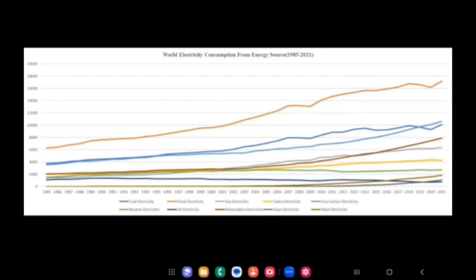Hello, my name is Adelaide Angela Qiung, and today I'll be explaining the graph that we got from our data collection. So this is the graph for world electricity consumption by energy source from the year 1985 to 2021. As you can see, mostly all of the types of energy source consumption increase. They barely decrease throughout the years,